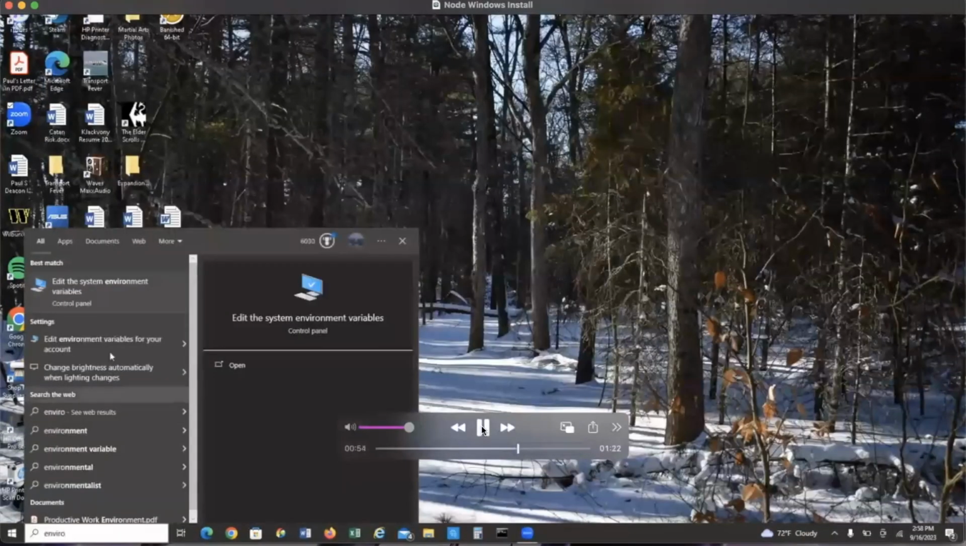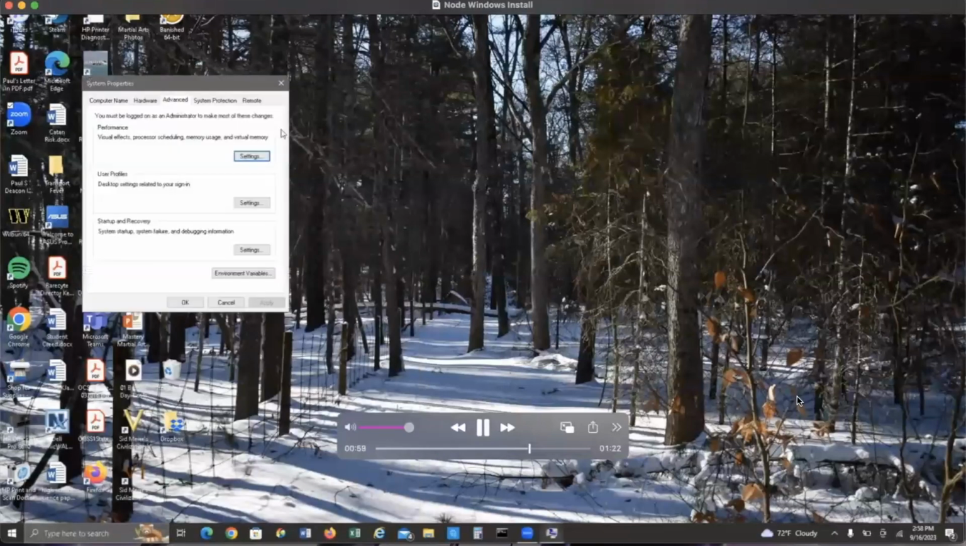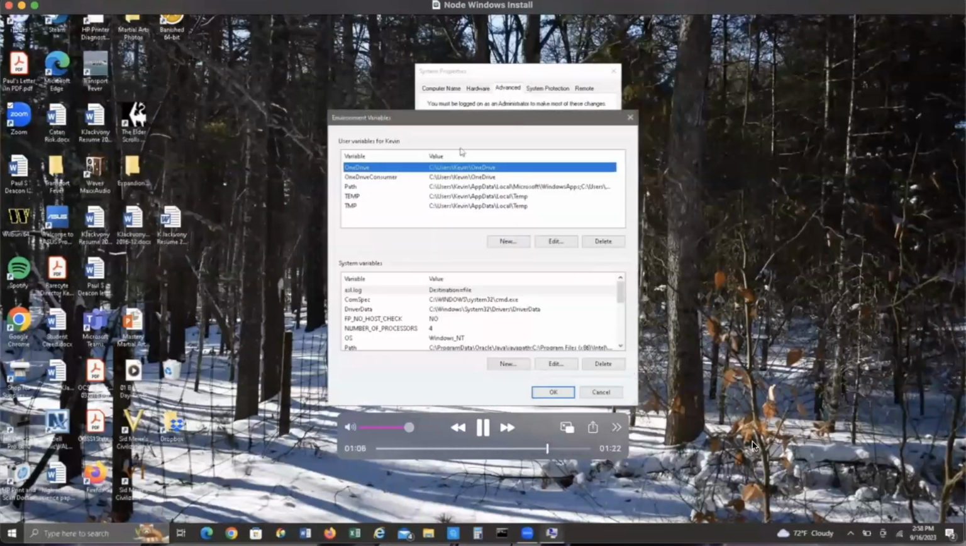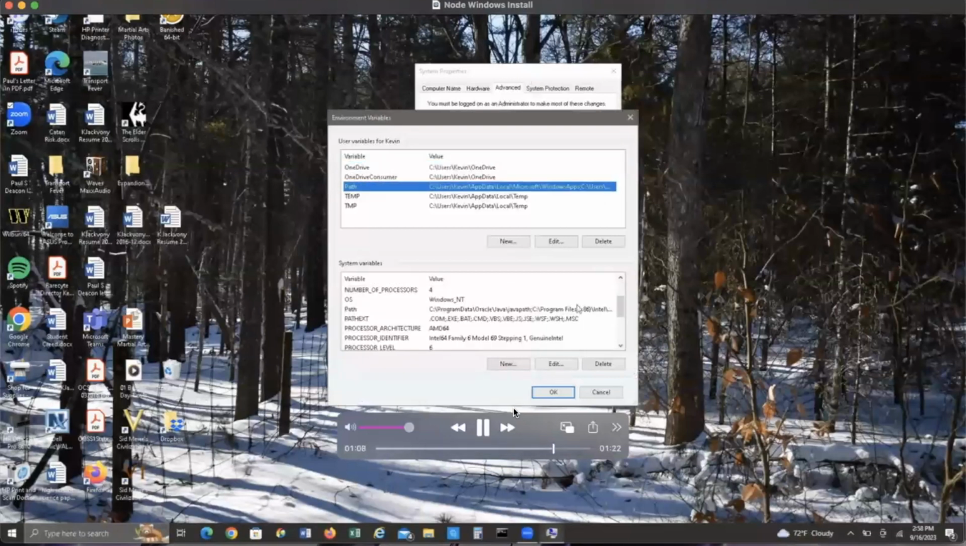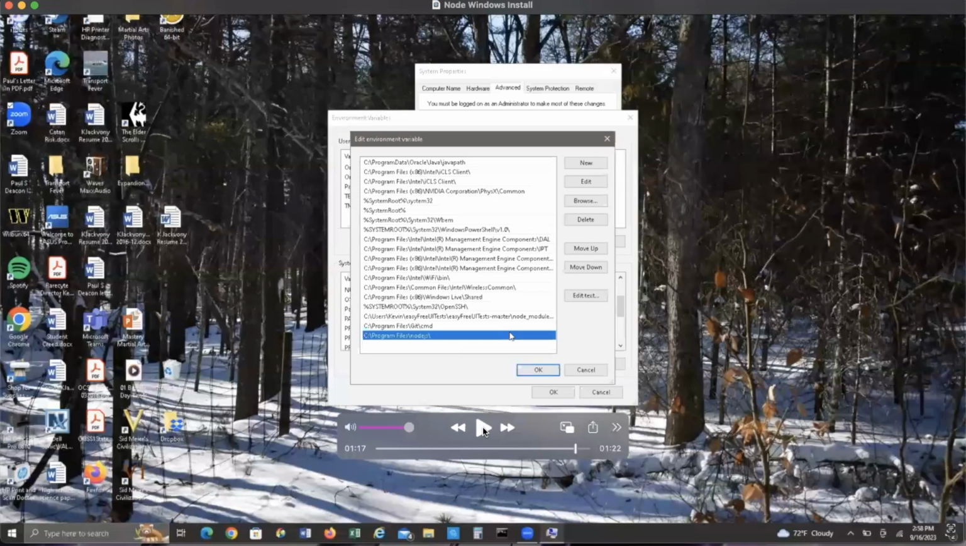Type environment in the search bar and then open up Edit the System Environment Variables. Then choose the Environment Variables button at the bottom. And then scroll down to the System Variables and look for the path and click Edit. Then down at the bottom, you should see C Program Files Node.js. If you don't see this, this is what you will need to type in. So you'll want to click the Edit button and then type in